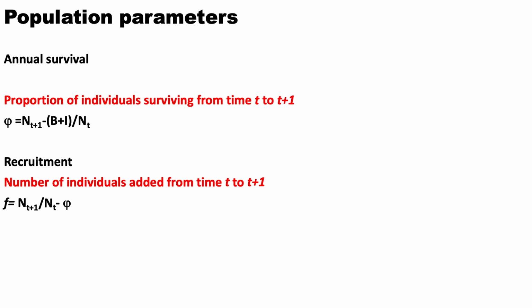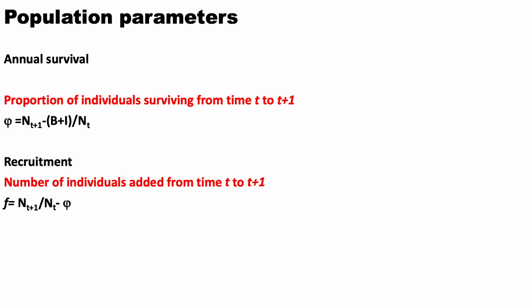So what this means is basically you have the population size at time t plus 1, and you have to subtract the contribution by birth and immigration. Those are the ones that are added to the population subsequently. What you are interested in knowing is that from the initial population, how many have made it to the next time step. You are not interested in the addition because of birth and death. And you also standardize it by the initial population size.